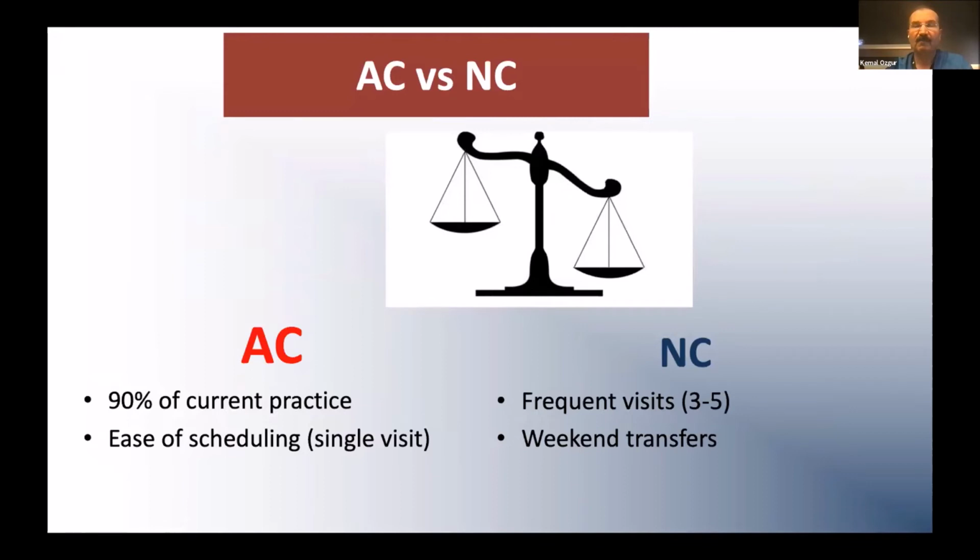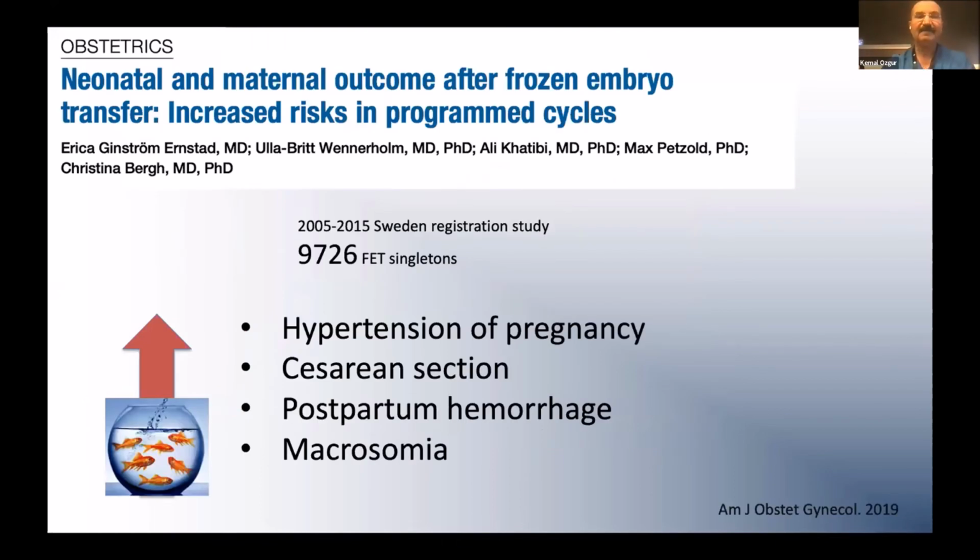But natural cycle, it's not good, because you have to follow when the patient ovulates. So you have to have at least 5 controls and blood tests. And for the clinician, for us, it's not good, because then we might have transfers on weekends, if the patient is natural cycle, of course. It seems like it's not very convenient, but when it comes to outcome, now this is a study from